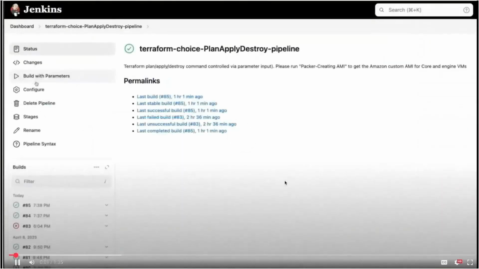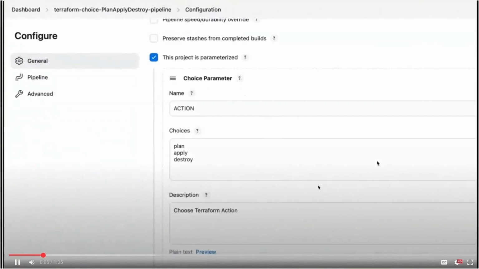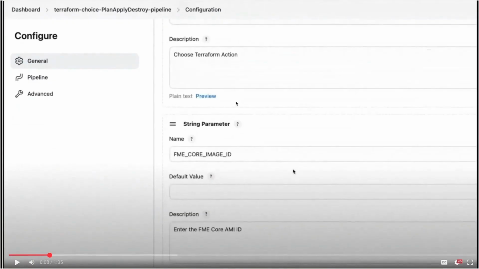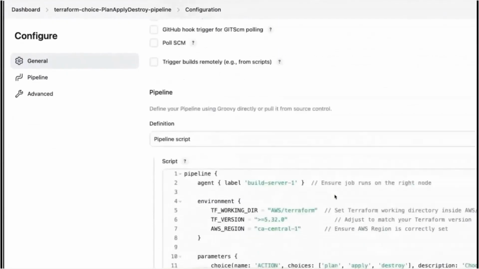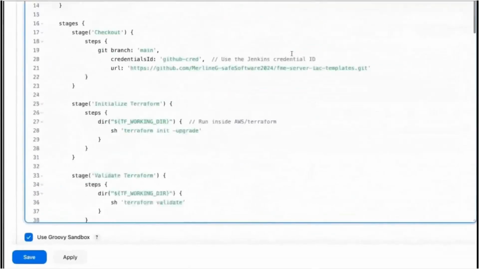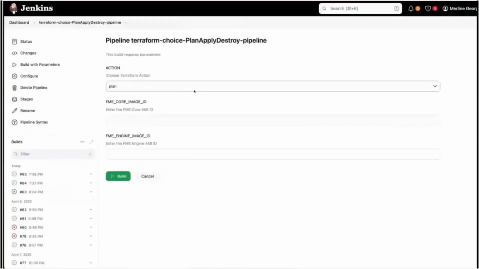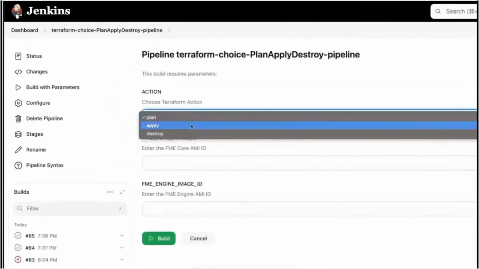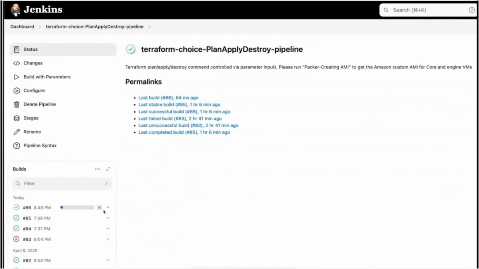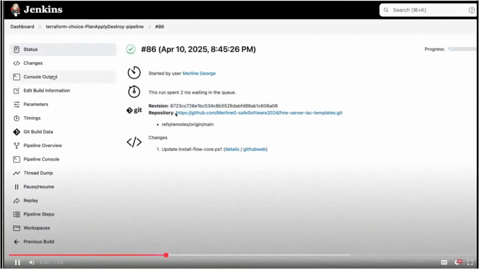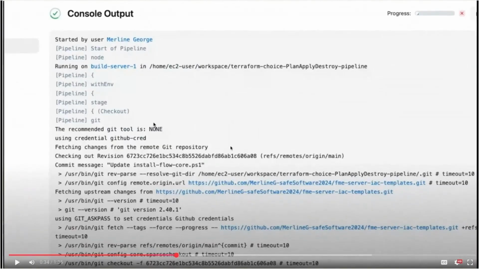We have a very similar pipeline element to the previous pipeline. So we have choice parameters for the action, a couple of string parameters for the AMI, and finally the pipeline script. Now, during the job run, we provide the choice of operation. We're providing the two AMIs, trigger the build for the apply operation. And on the console output, we see Git related activity, Git repo related activity,